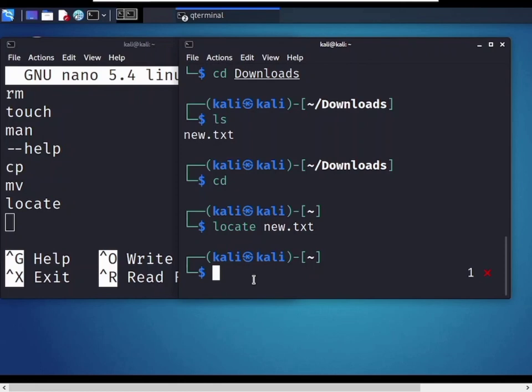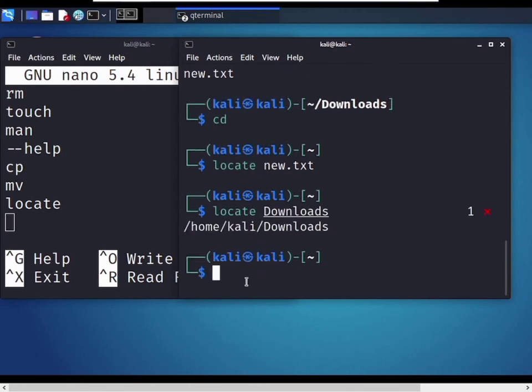Now locate downloads. Now use locate downloads: home, Kali, Downloads. The Downloads directory is present in my home directory, and Kali is my username. This shows you the locate command.